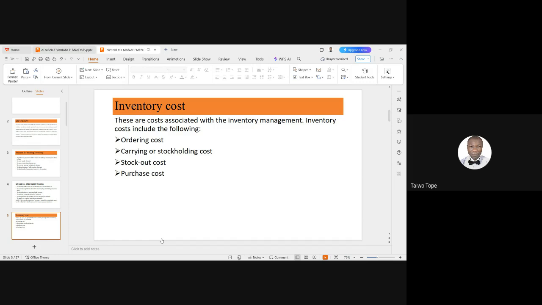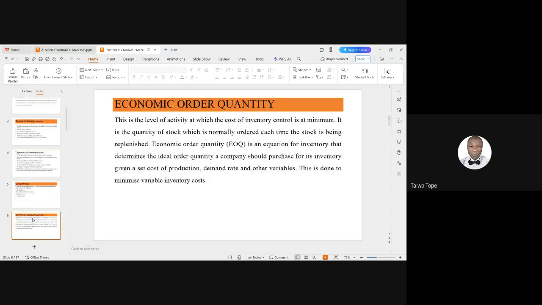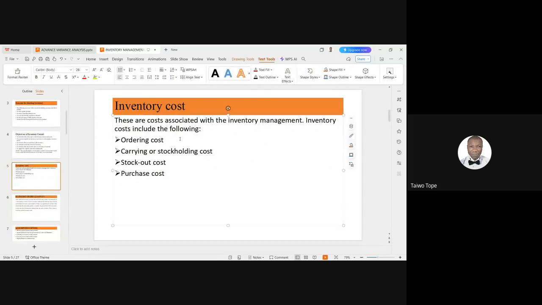So examples of these ordering costs, let me see if I have them in my slide. Okay, it's not there. Let's improve on this. So examples of ordering costs, we can have,